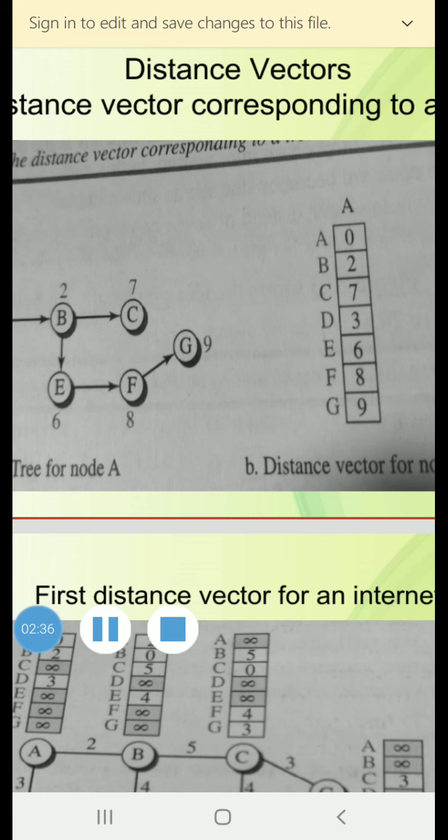So whatever is the value of each cell entered here, it defines the least cost from the route to the destination. This distance vector does not give the path to the destinations as the least cost tree does. It gives only the least cost to the destination.